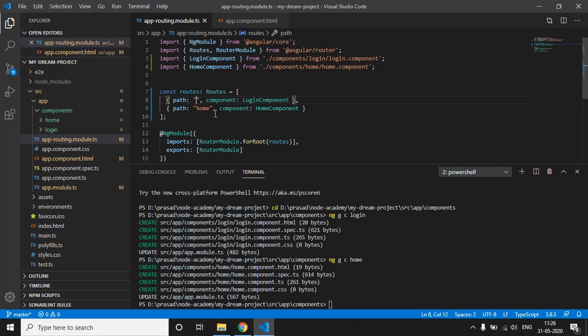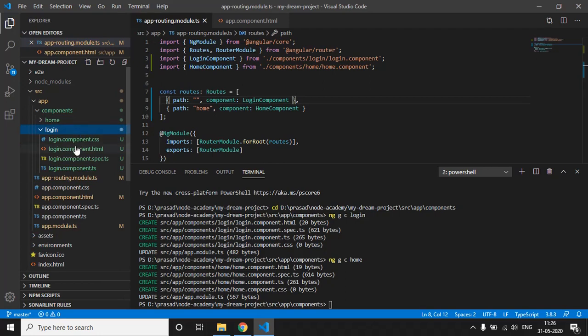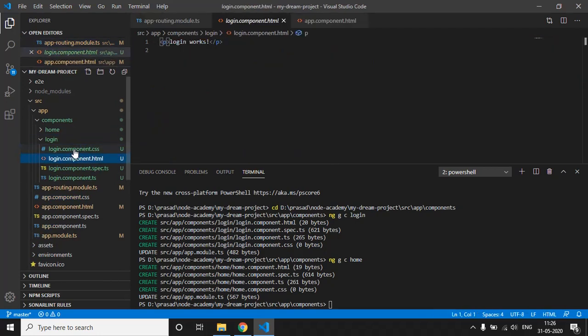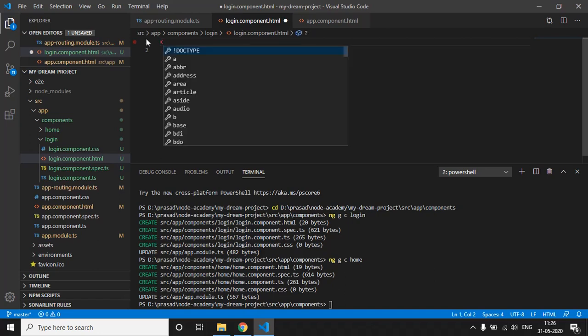So till now we have set up our routes as well. Now what we have to do is create a login form for our login page. Just go to this login component. Whatever we want to display on this login component, we have to write into this index.html file, right? We don't have to write the entire HTML file for it, so we can just start by using input